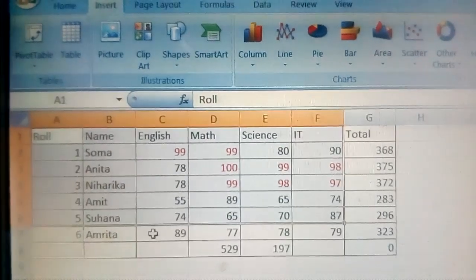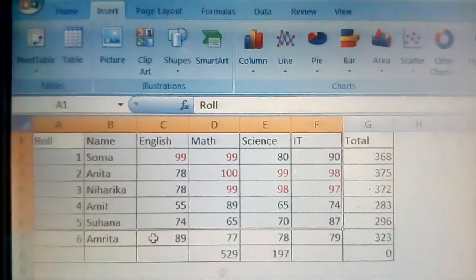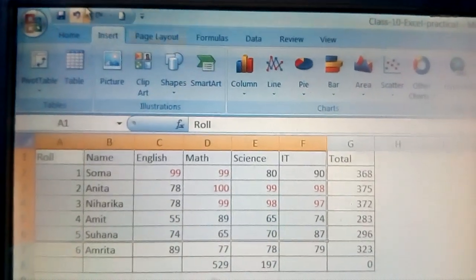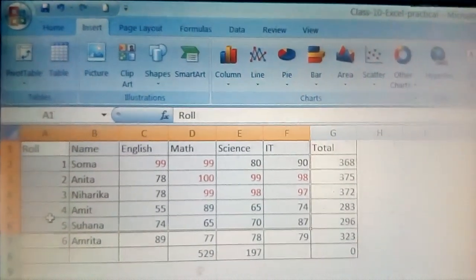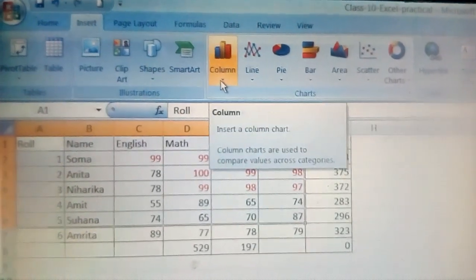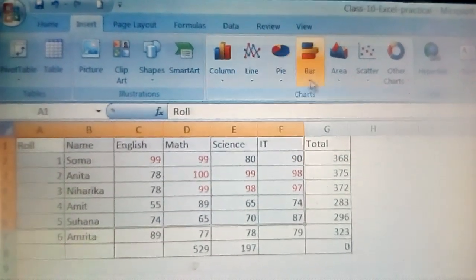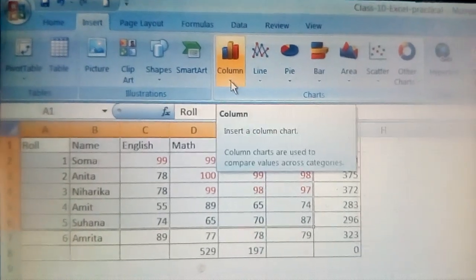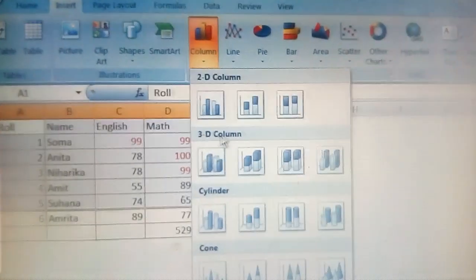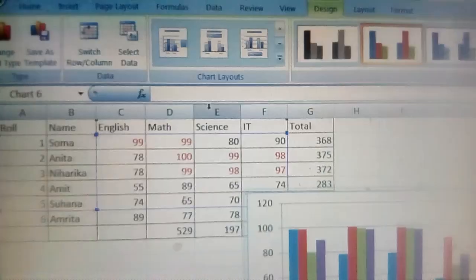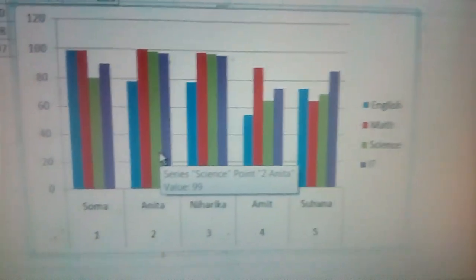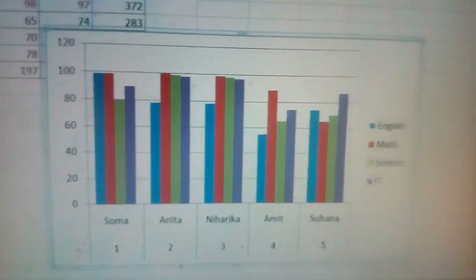Shape, pivot table. Okay, so there are different things there, which you can see here horizontally, and there you can see vertically. Now you have to select the chart according to your requirement, which type of chart you want. Suppose column chart, so select here. That chart will come here. I think all of you can see. So this chart will come over here.